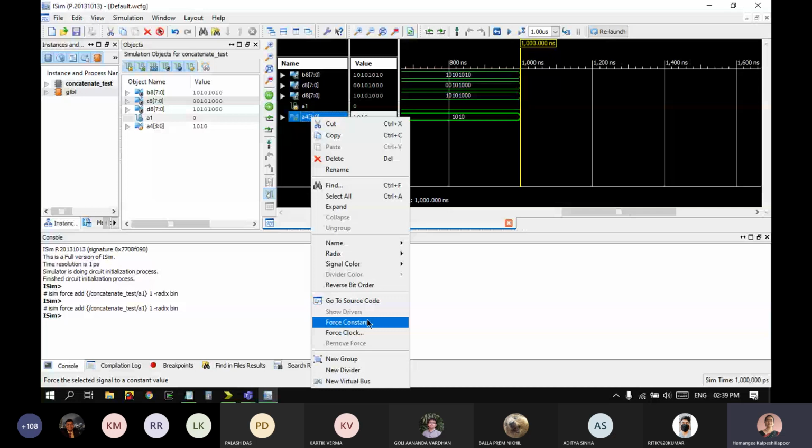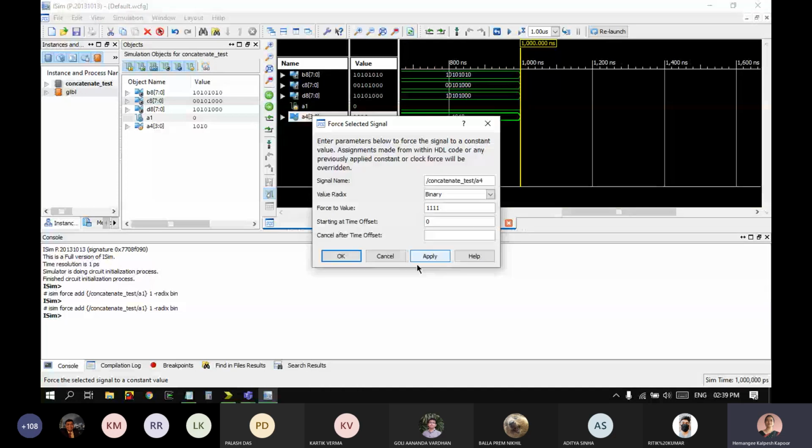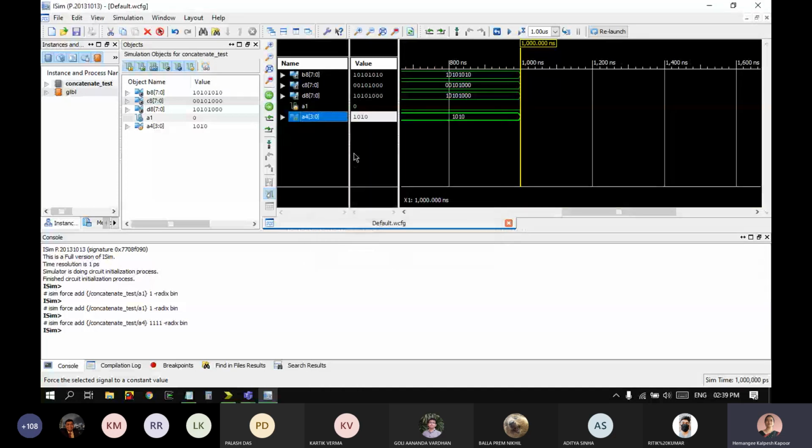They are not reflected here, but you can see them in the console window at the bottom, whatever inputs we are giving. So they have come here. Now I want these inputs to have effect. So you go to this console window at the bottom and say run space 20. The unit is in nanoseconds. So run space 20 and then press enter. Something has happened in the waveform. So if you click on this plus sign to zoom.